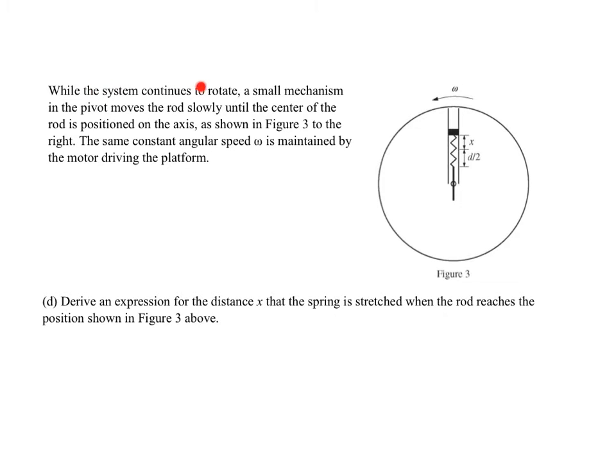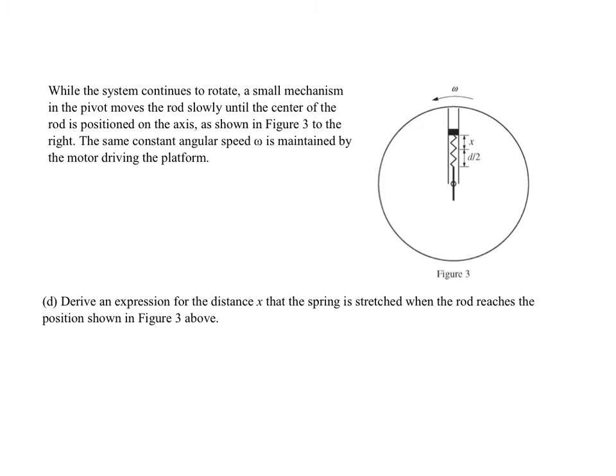while the system continues to rotate, a small mechanism in the pivot moves the rod slowly into the center of the platform. The rod is positioned on the axis as shown in figure 3 to the right. The same constant angular speed omega is maintained by the motor driving the platform. D, derive an expression for the distance x that the spring is stretched when the rod reaches the position shown